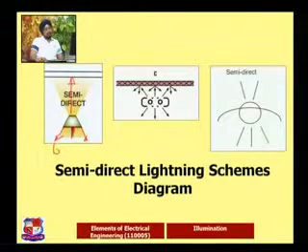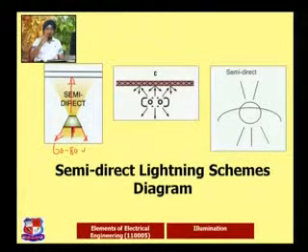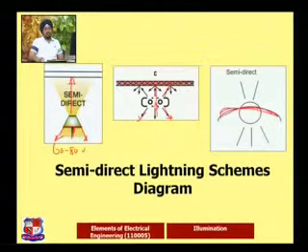So this particular amount is going to vary from 60 to 80%, that much light is going to be there, and the rest will go onto the upward side. So that is going to be the semi-direct lighting scheme. The same scheme with the help of another diagram, we can show that from the source over here, some light is going in the upward direction, some is coming in the downward direction, and the reflection is there. The curve or the plate of the bulb is there, and again the rays are going upward and so many rays are going to come at the downward side. So that is known as the semi-direct lighting scheme.